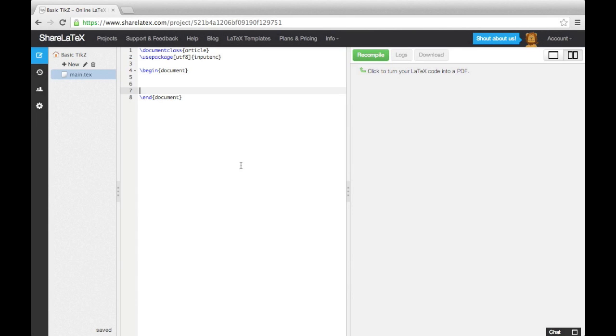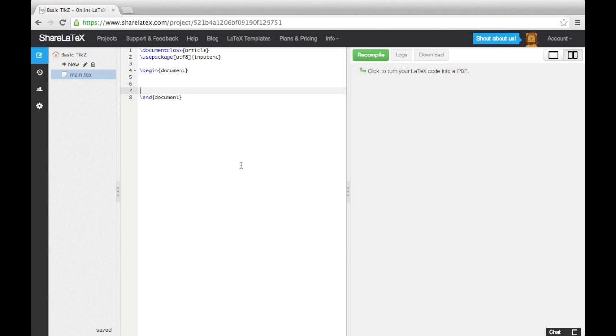In this video series, we're going to show you some of the interesting things you can do using the TikZ package. We're going to be using ShareLaTeX as our LaTeX editor, but you could follow along with whichever LaTeX editor you feel most confident with. The TikZ package is a package that allows you to draw high quality and often quite complex diagrams. In this video, we're going to show you some of the basics and show you how to draw simple shapes